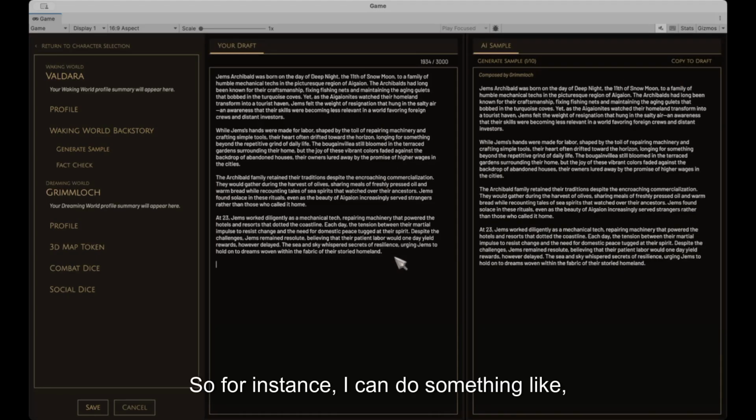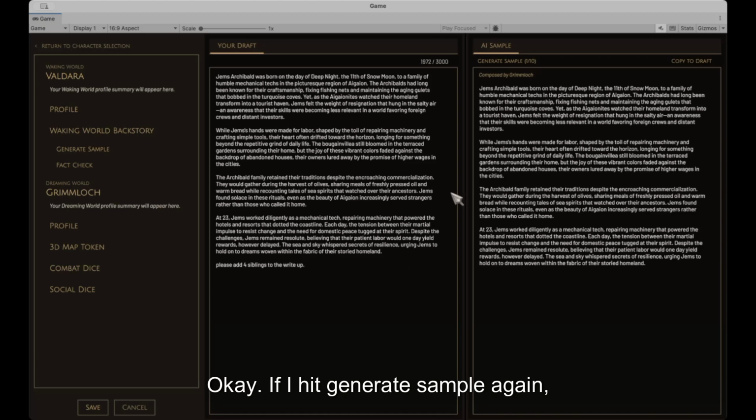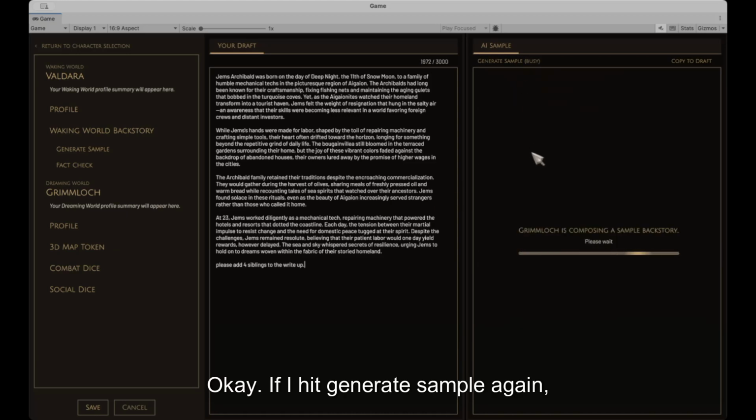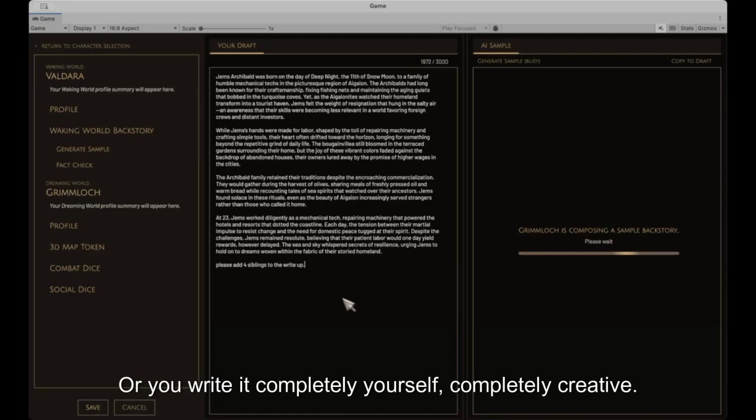So for instance, I can do something like, please add 4 siblings to the write-up, okay? If I hit Generate Sample again, it will take your instructions into account and update your sample backstory and add siblings if you like. Or you write it completely yourself, completely creative.